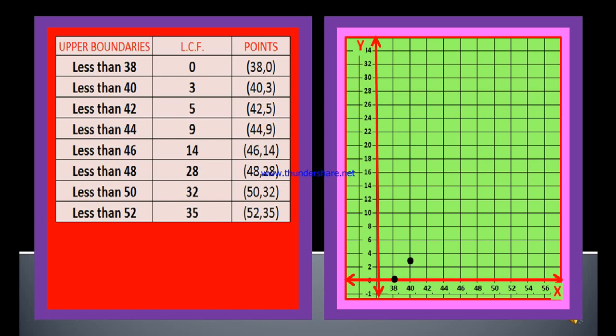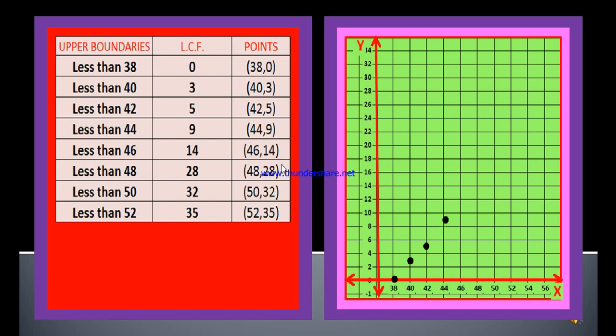This point is 40, 3. Next third point is 42, 5. 42 on x-axis and on y-axis it should be 5. 5 lies between 4 and 6. Therefore, this is the point of 42, 5. Fourth point is 44, 9. X-axis 44 and y-axis 9. 9 means it lies between 8 and 10. Maybe here is the place. Yes, this is the point